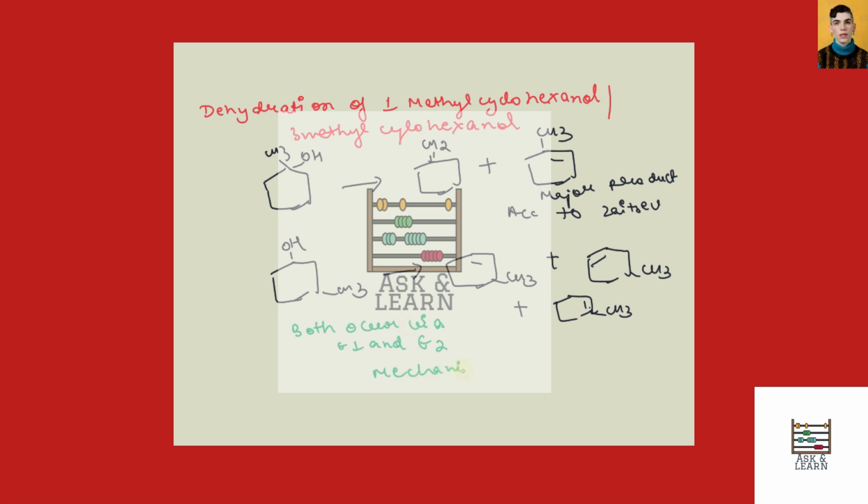In this case, the major product formed over here is the 1-methylcyclohexene, whereas in case of this,